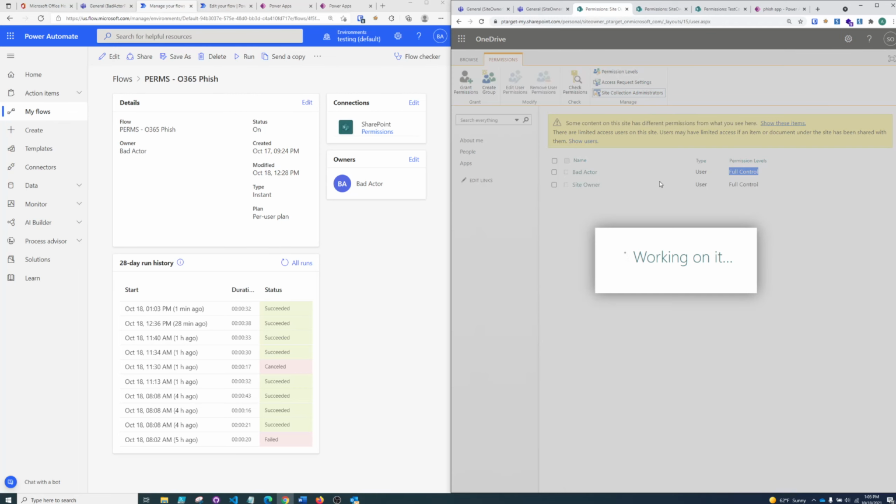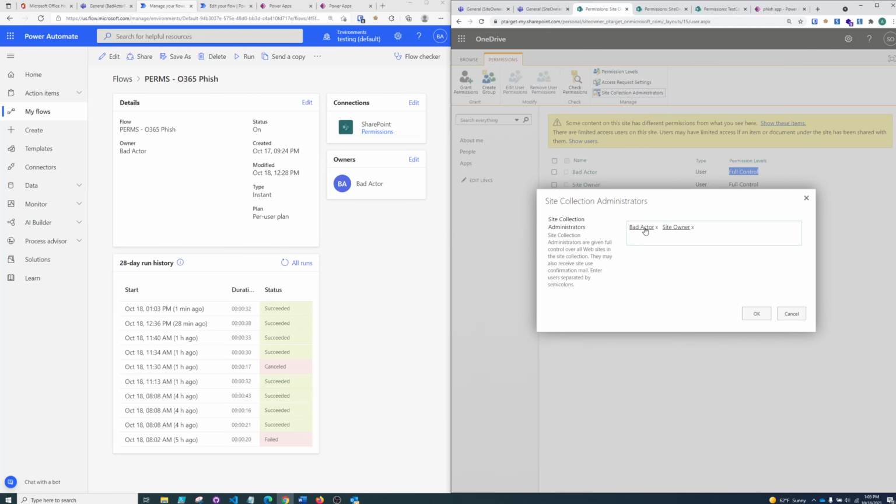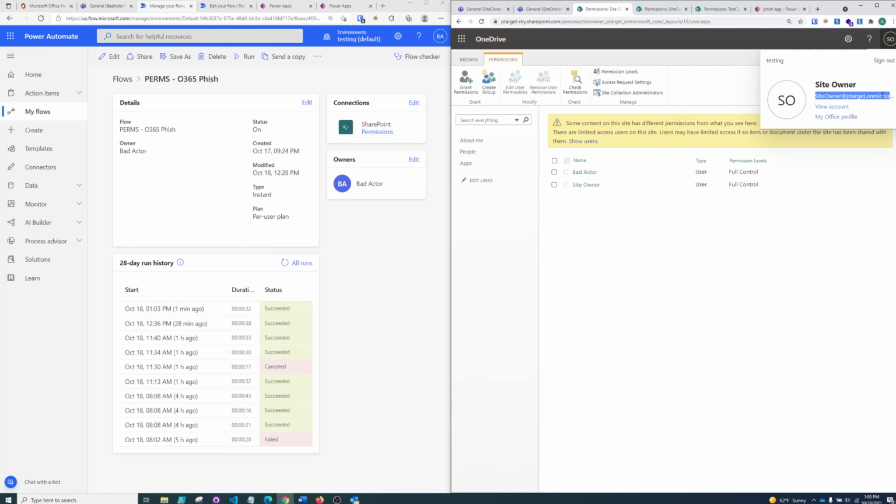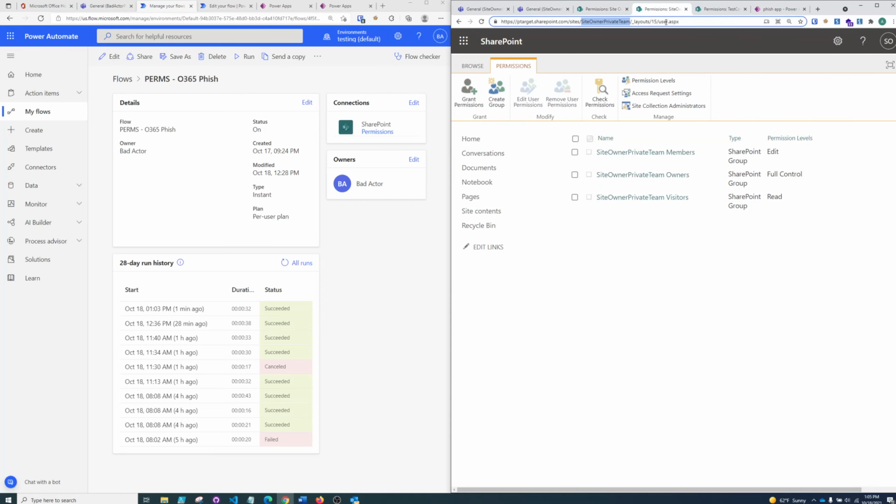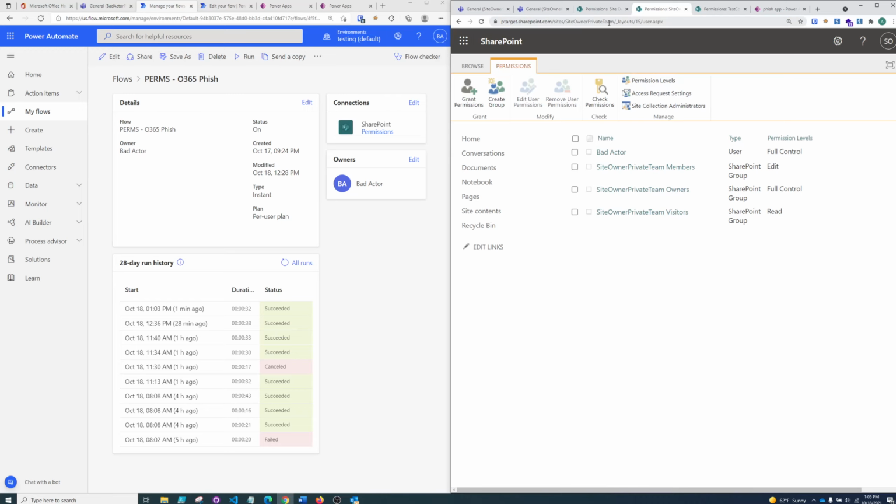Also, the bad actor is a site collection administrator on the OneDrive, and if you were to look in audit logs, you would see that the site owner is the one that did this. They added the bad actor to these permissions. Also, if I refresh the page on this site collection as well,